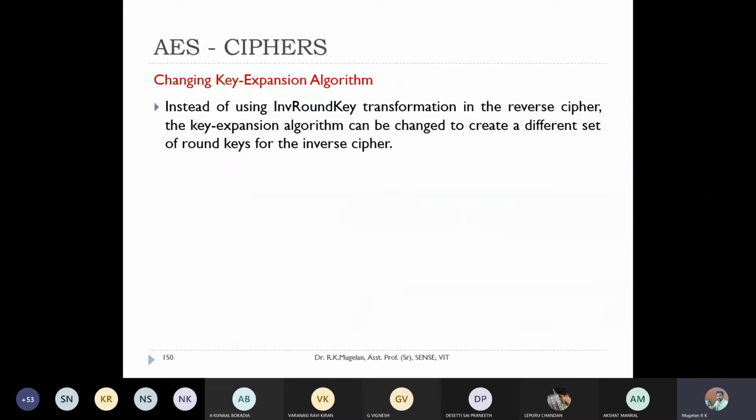And they also say that for key expansion, we can design our own algorithm. You can use your own algorithm for key expansion. That is, they kept the key expansion part as a user-defined one. It is not mandatory that you have to follow this rule alone. They say that if you want to use your own algorithm, you can, but under one condition.